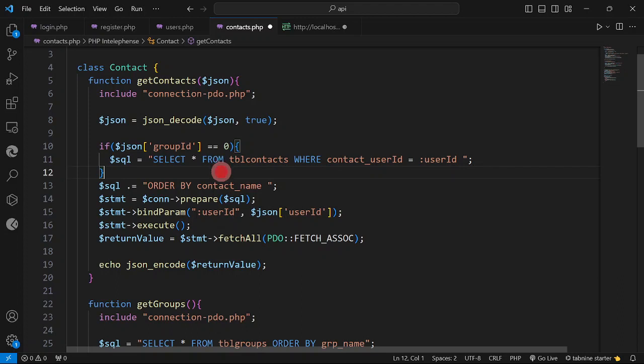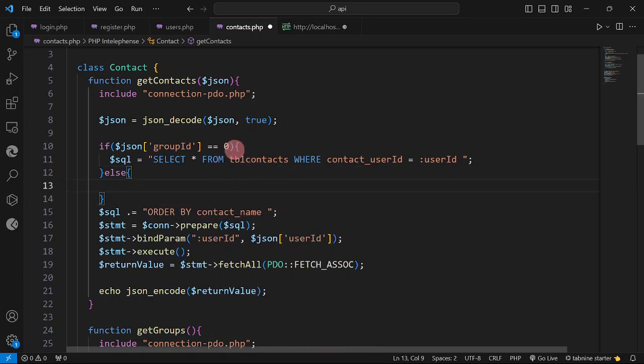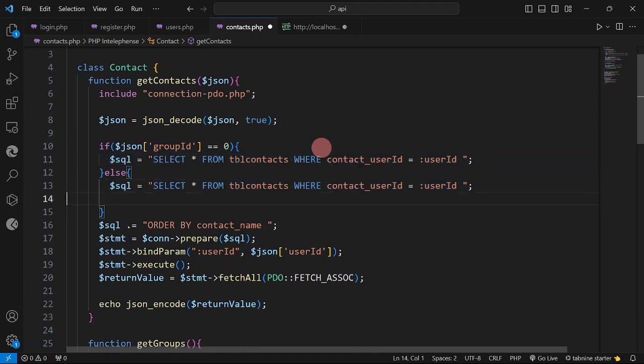Else, meaning if it is not 0, so it could be greater than 0, we are going to have another parameter. I'm just going to copy, and I could have here: and contact group is equal to